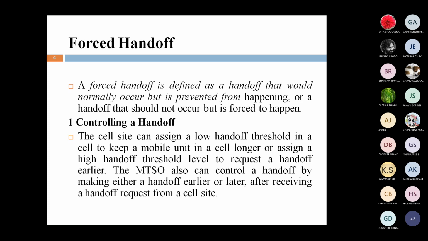Suddenly, suppose we want to give a channel to a new customer. For that, in a previously existing call-processing customer, we have to terminate the channel and allocate a new channel. That is the purpose. We have to reduce the threshold value to minus 150 dBm. Whenever the threshold value decreases, then automatically we have to go for handoff. That is about controlling handoff.